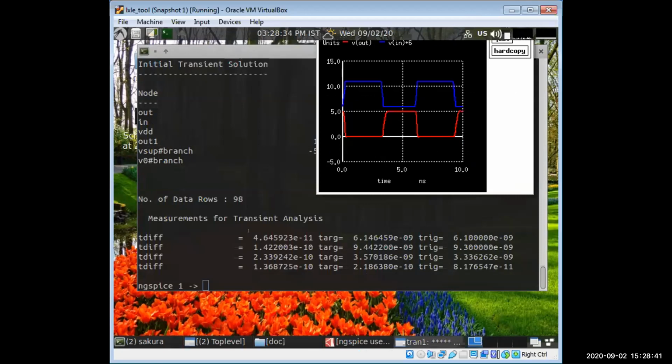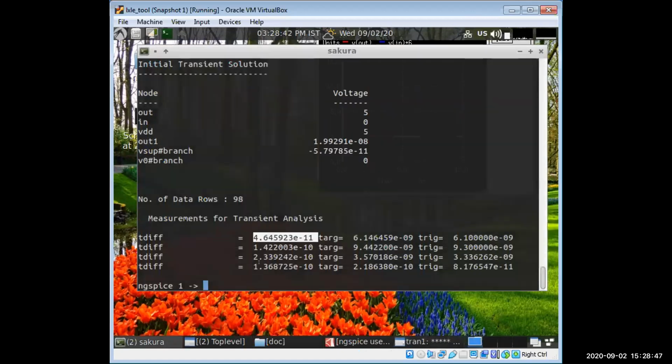This is 46 and 142, and the nominal was 59 and 160 something, and the worst case is 70 something and 170. So this is the best case because the delay is less. That was the worst case because the delay was more, and nominal is in between these two.